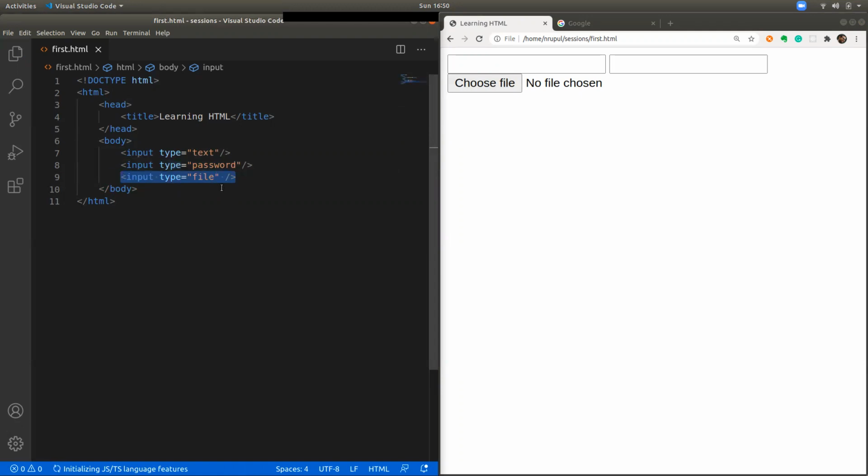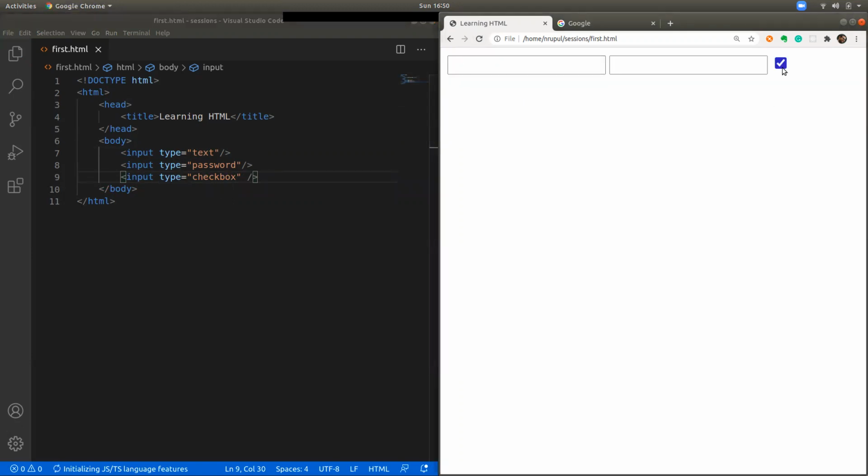Let's say if you want to put a checkbox, it will show a checkbox which you can tick and untick. There are many more types which are available, but let's look at more types at a later point of time. But the idea is these input fields let you take the input from the user.